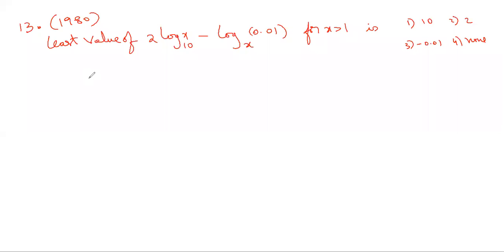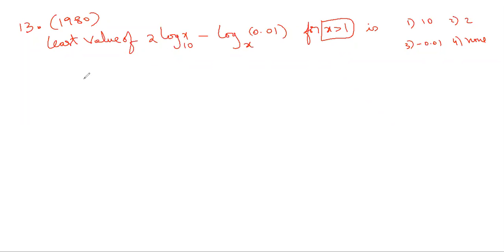To find the least value of this expression, we need to first find the domain, the x values allowed. See, they reduced our burden by giving x greater than 1. They are not giving that all the x values are allowed for this. They have simply given x greater than 1. So our burden of restricting 1 for the base and negative numbers or 0 for the input, all are reduced. So happily we can do the calculation, we can investigate this expression.